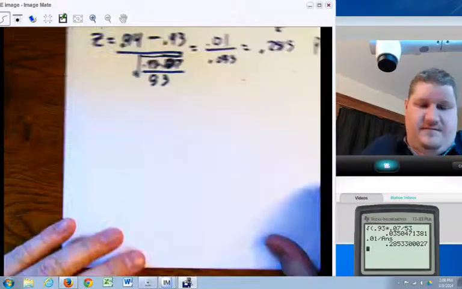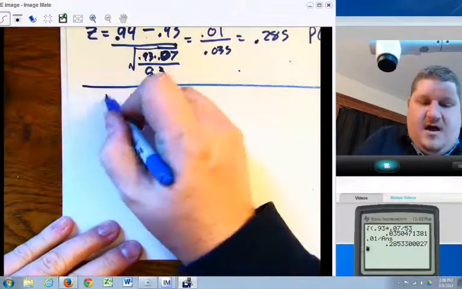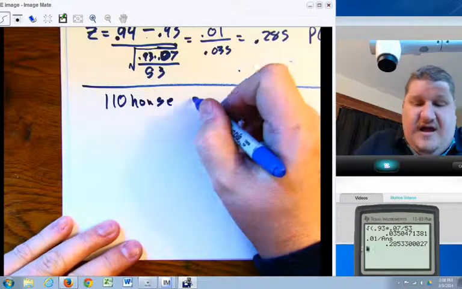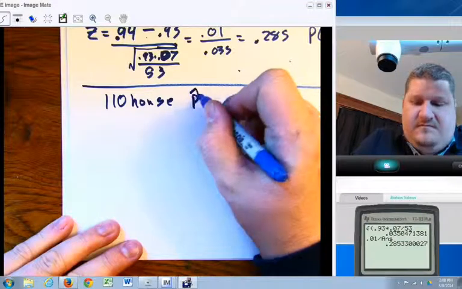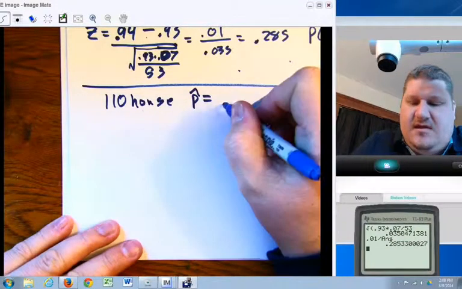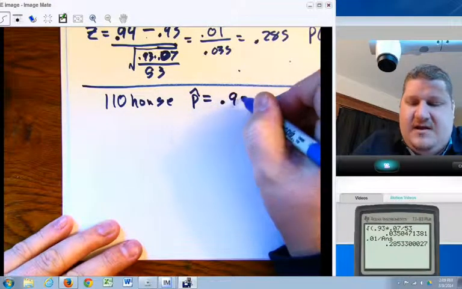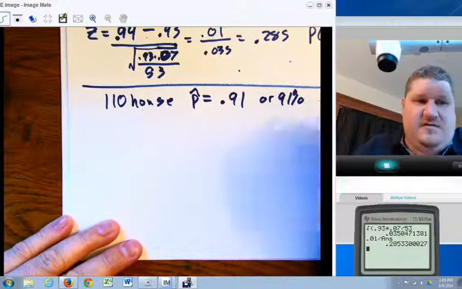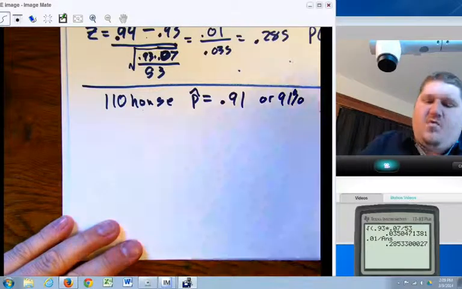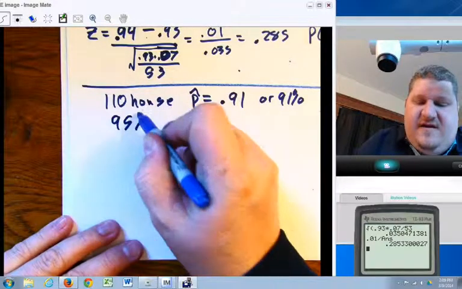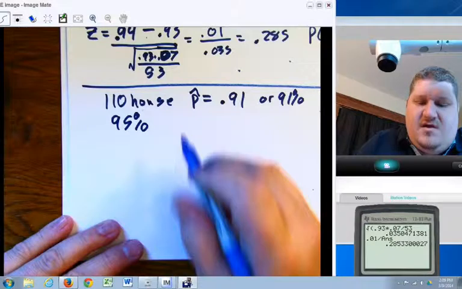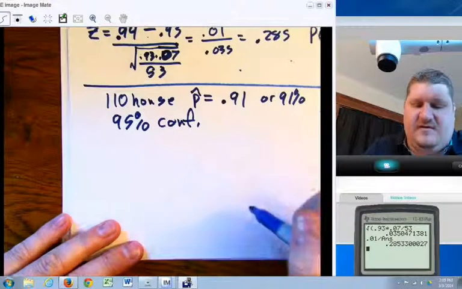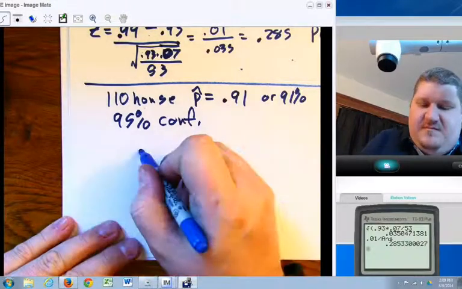If I surveyed 110 households, and I found in my sample that p hat equals 0.91, or 91% of households have a DVD player, what range could I be 95% confident in if I were to do another sample? So I want to be 95% confident. So I'm going to say p hat, 0.91,